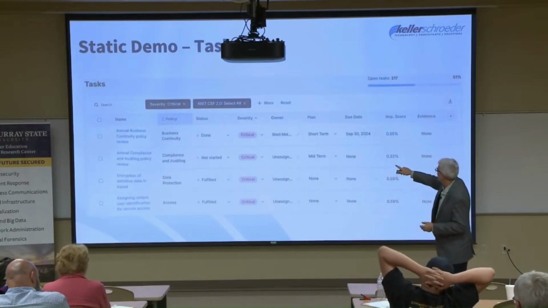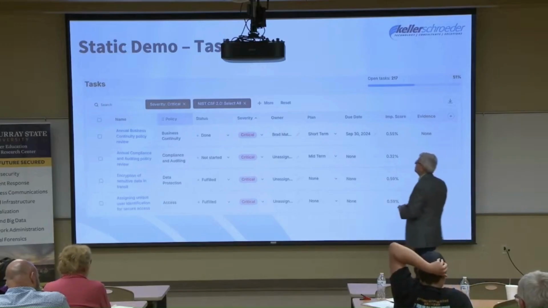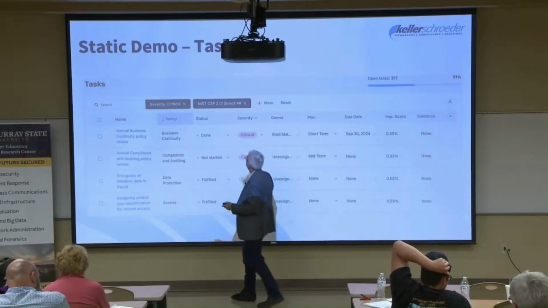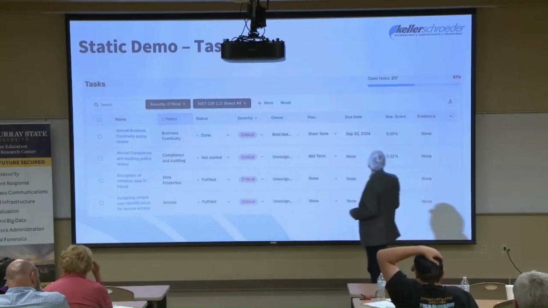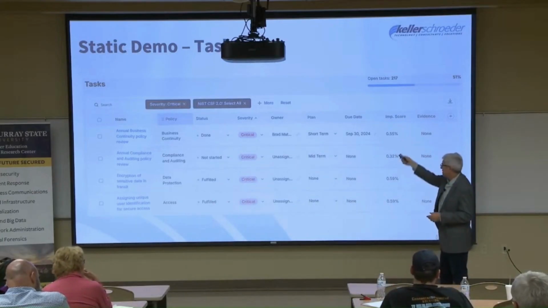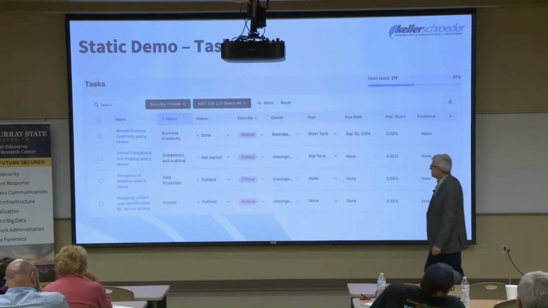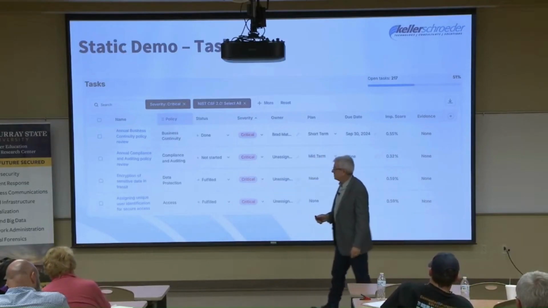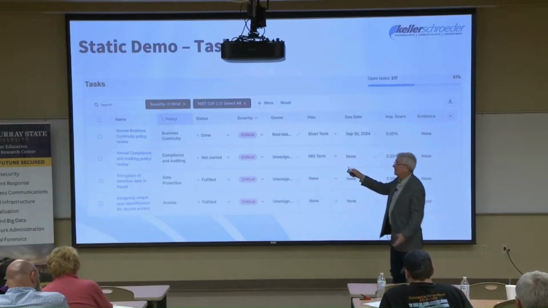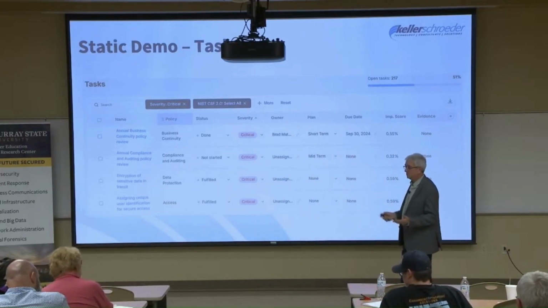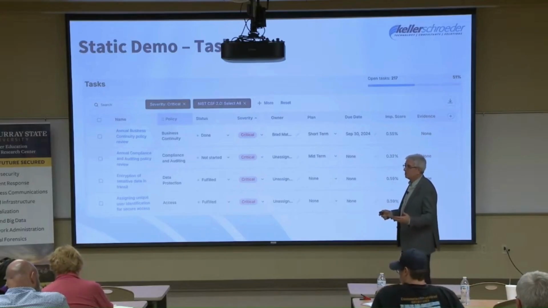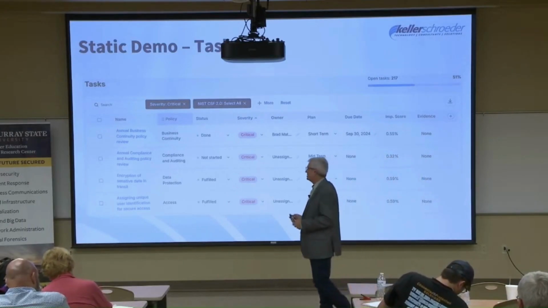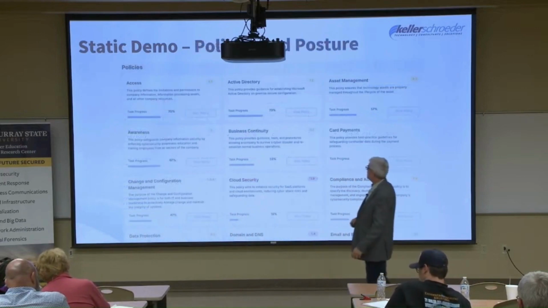So here, this is where I did a little bit of filtering. I'm like, okay, let's say we filter on everything critical and anything that's CSF 2.0. So out of these 217 tasks, it narrowed it down to 4 items. So, okay, looks like we need to have encryption of sensitive data in transit. We need to have some policies. And of course, this system can also build policies as we go through. Most companies, their policies are horrific. This will help build those. It gives you some information to go by.